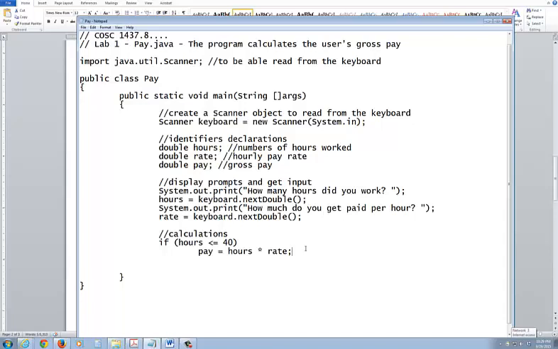So what happens if you work more than 40 hours? All right. So you come over here, you do an else statement, and we're going to get into structure in the course. But I want to take it a little different. You're going to take hours, subtract that from 40, take the difference, and multiply that with 1.5. Inside of this, remember now, this is all multiplied with rate, and you're going to add that with 40, and you're going to multiply that with rate. And all of that is going to be assigned to your pay. Okay? So, if you look at the way this is set up,